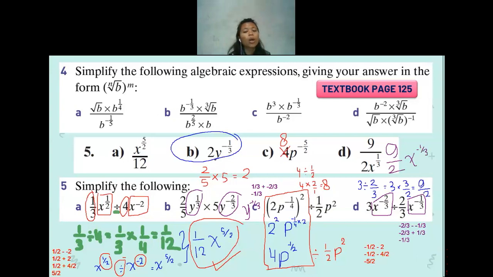As I told you last time, when we have x to the power of negative n, we can write it as 1 per x to the power of n. That's why here I get it as x to the power of 1 per 3, because the negative moves into the denominator, it will be a positive index.